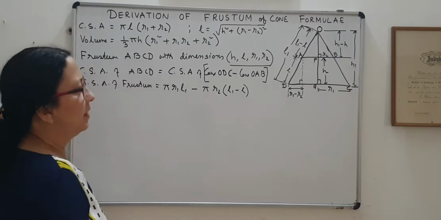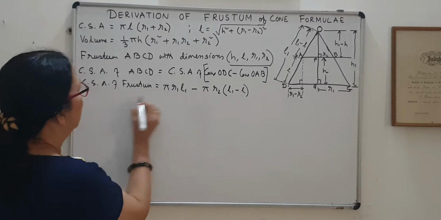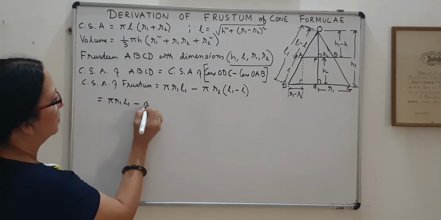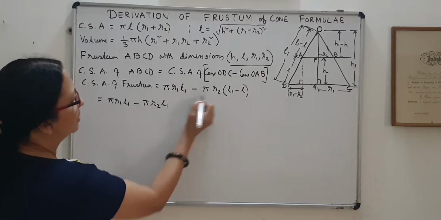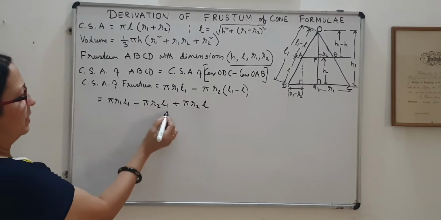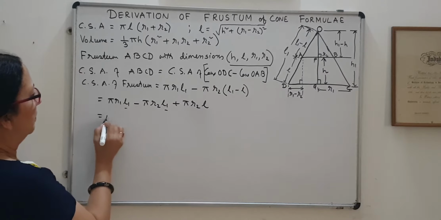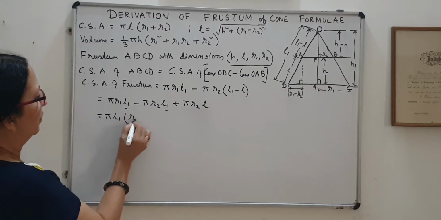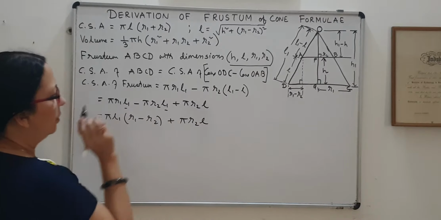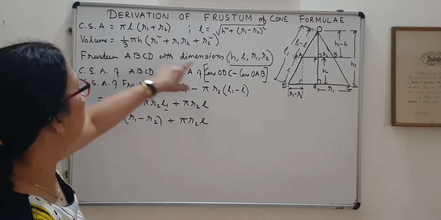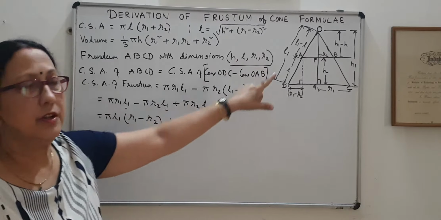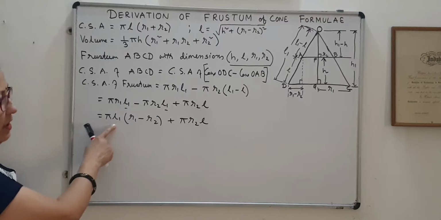So now I have to simplify to get this form. So how you do this, you see. So this is equal to, let me open it, pi R1 L1 minus pi R2 L1 minus 1 is plus pi R2 L. Okay. Now this L1 I can take common. So in the next step I write pi L1, then what is left? R1 minus R2. And let me keep it as it is. Okay. Now you see, our formula should be in the dimensions of frustum. So this L1 is not in the dimension. So I think that L1 has to be eliminated.